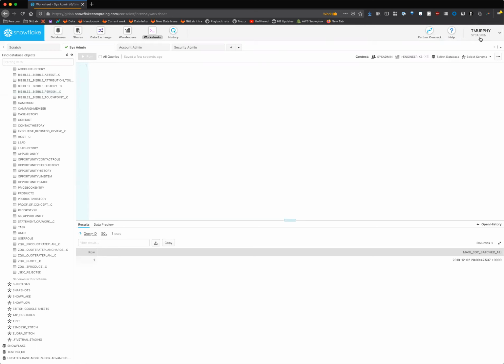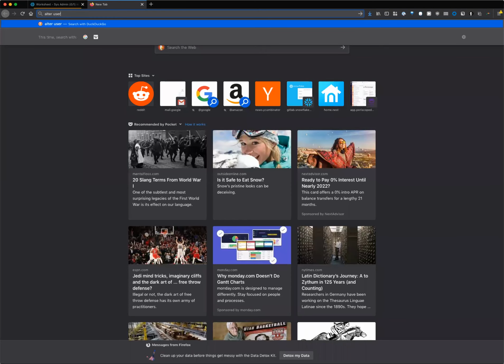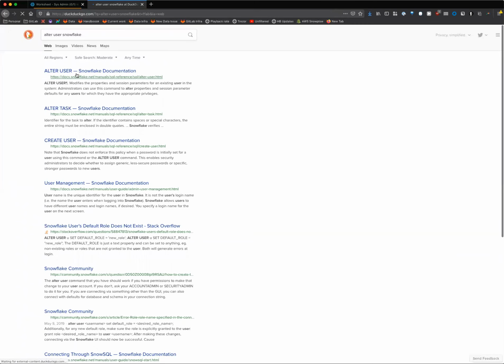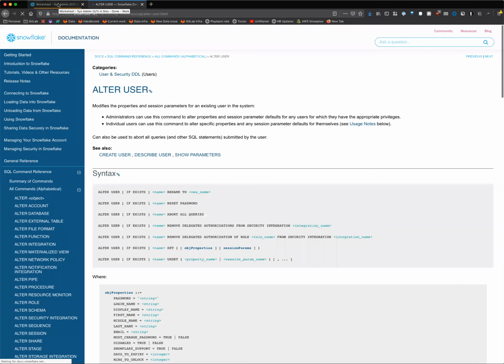You can alter the behavior of what your default role is, which I definitely recommend. If you search alter user Snowflake, you can change your default role. And you probably want this to be product manager, I think,